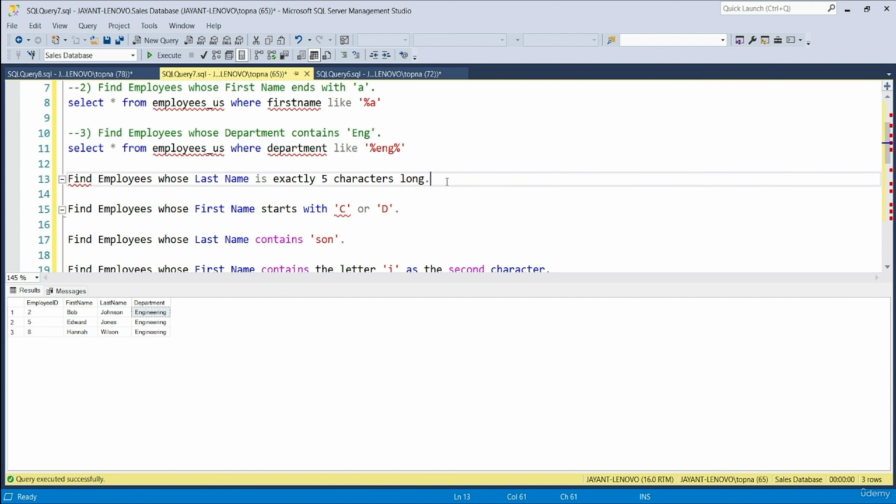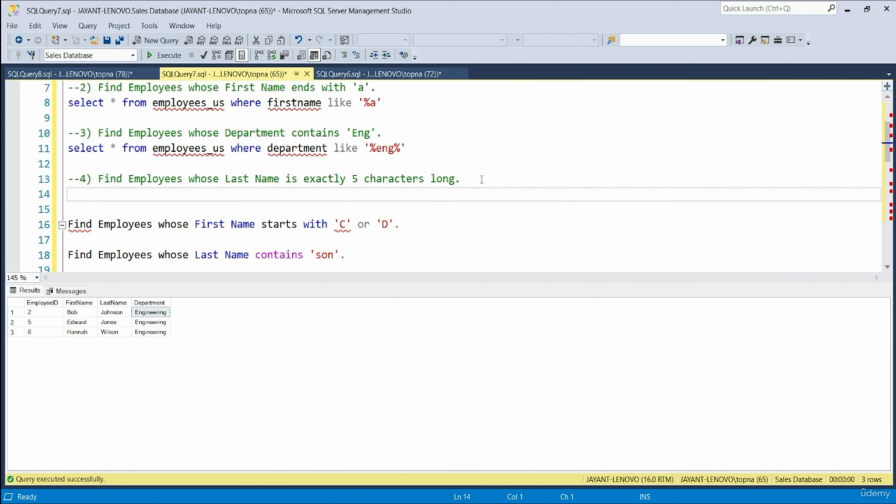So in line number 13, we have the next question. First of all, I can comment this line, and let's give it number 4. This is the 4th question. And now we'll come to the next line, and we need to find those employees whose last name is exactly 5 characters long. So we can write select star from employees underscore US, where last name